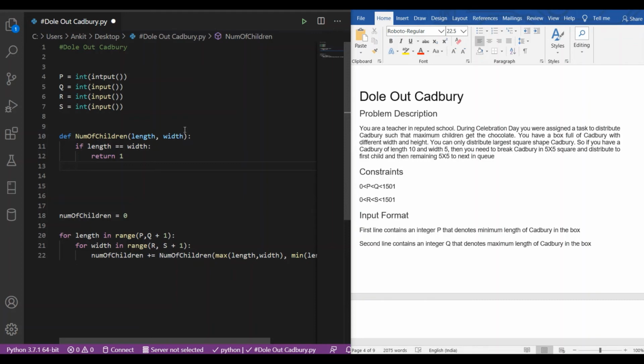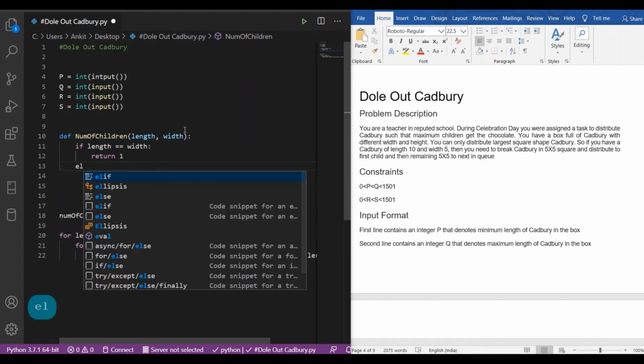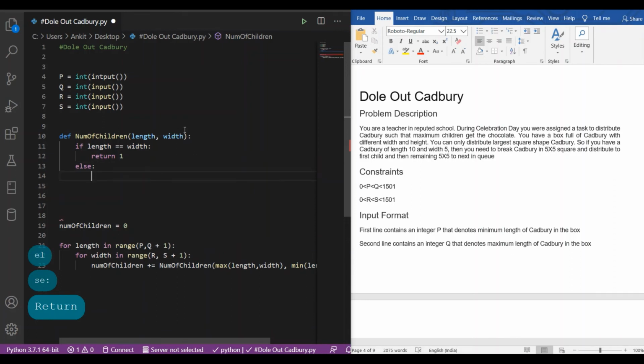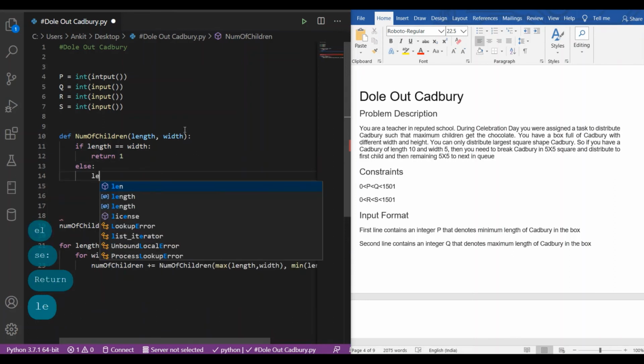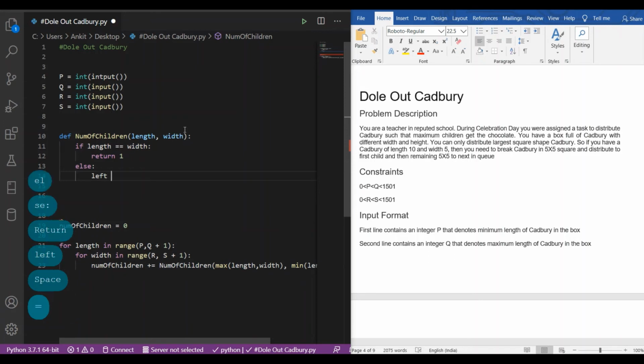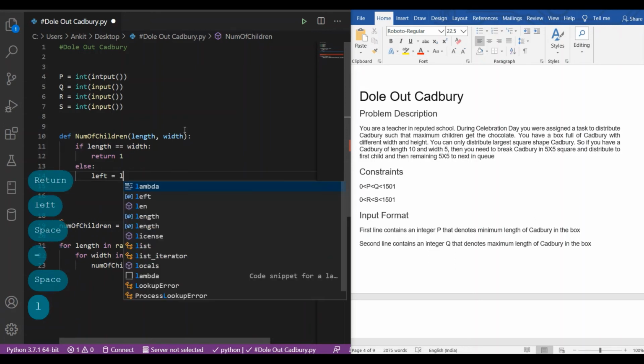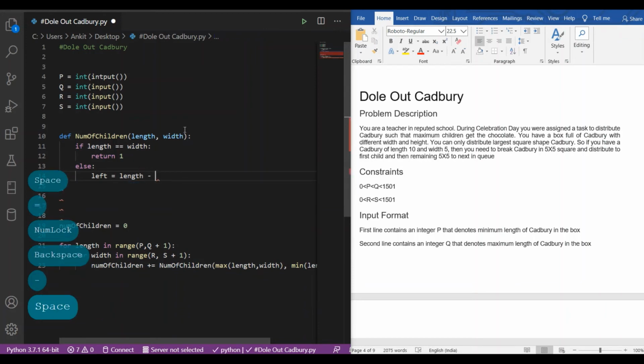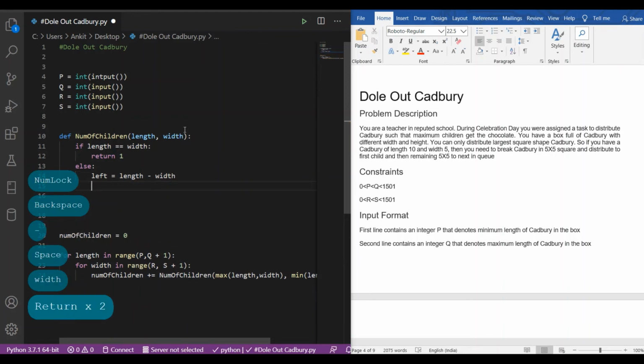So we will return 1. Else we will calculate the left part of the length, as the width is less than the length.